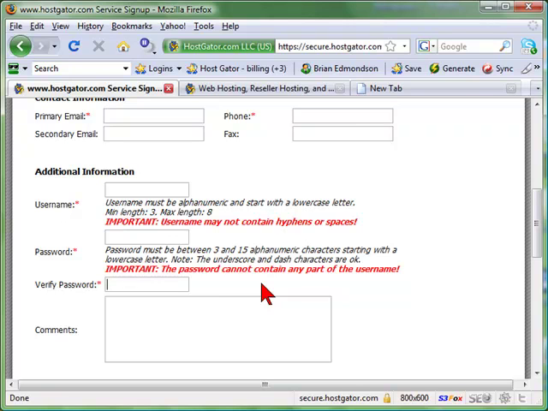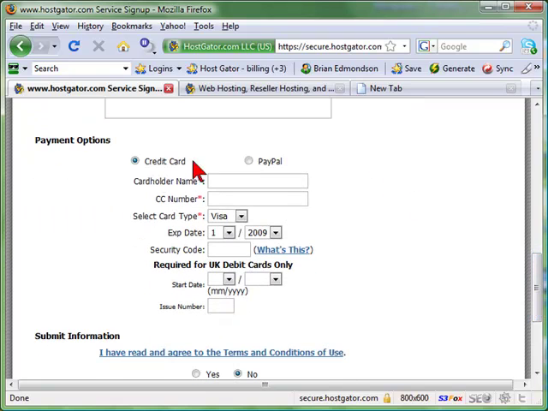So on a separate sheet of paper you should have your GoDaddy login info, and now you're going to put in your HostGator login info,